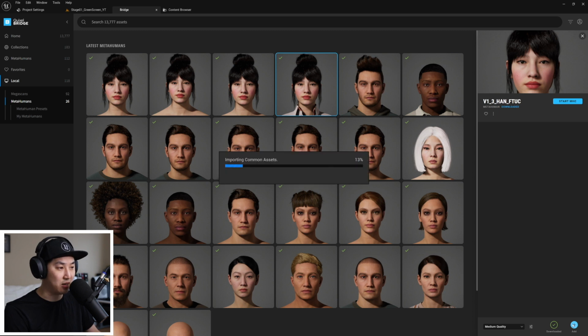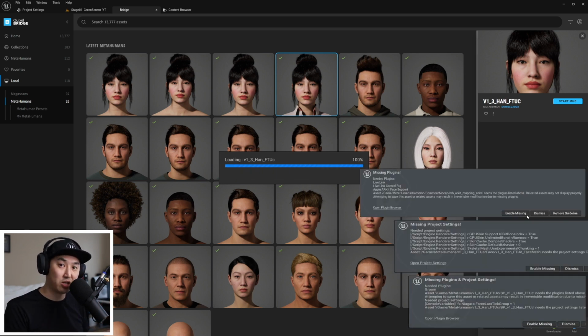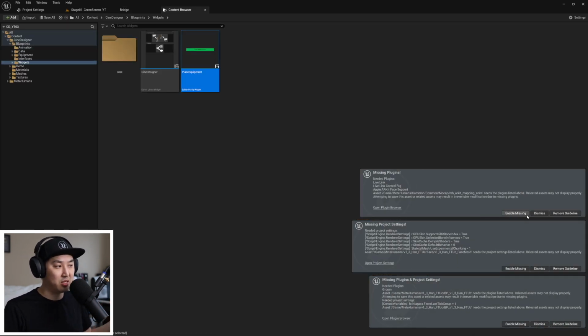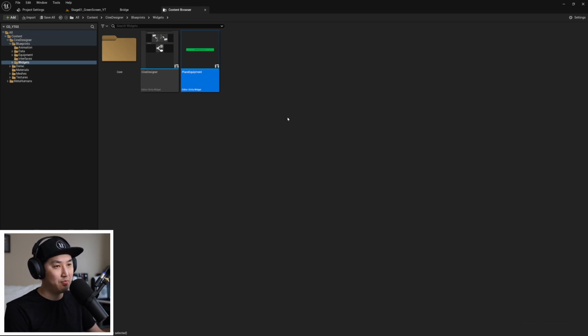We're going to go to add. Again, if you watch other videos on this, they'll go through this in more detail. This is going to add a bunch of common files to your project now. And it's going to download the MetaHuman. These things here, we want to enable. And before we quit out, because we need to restart,